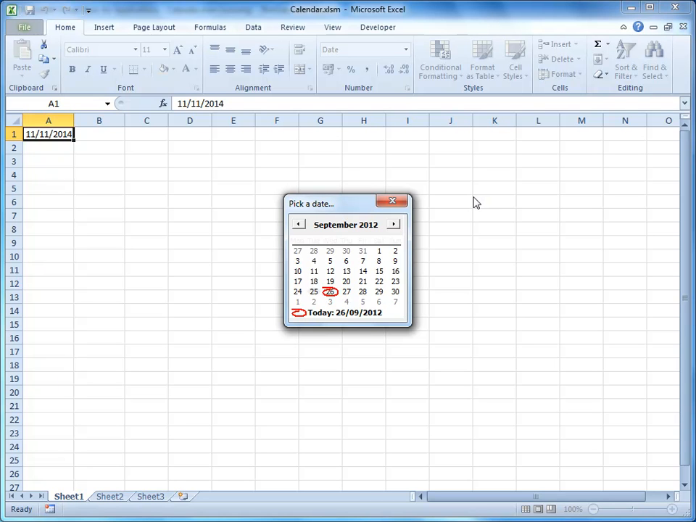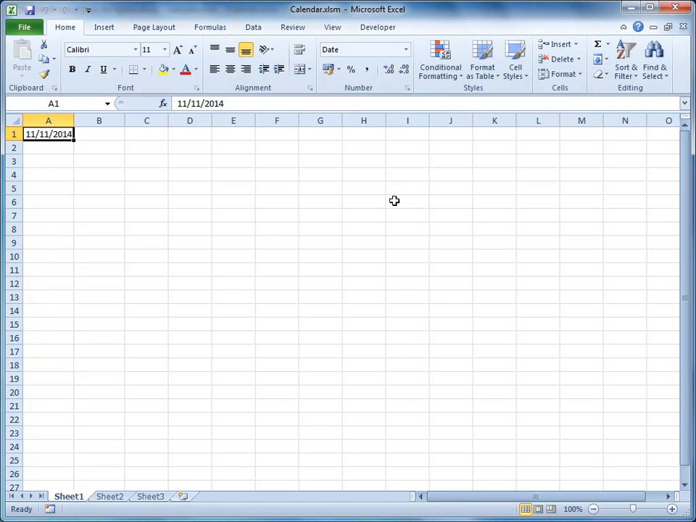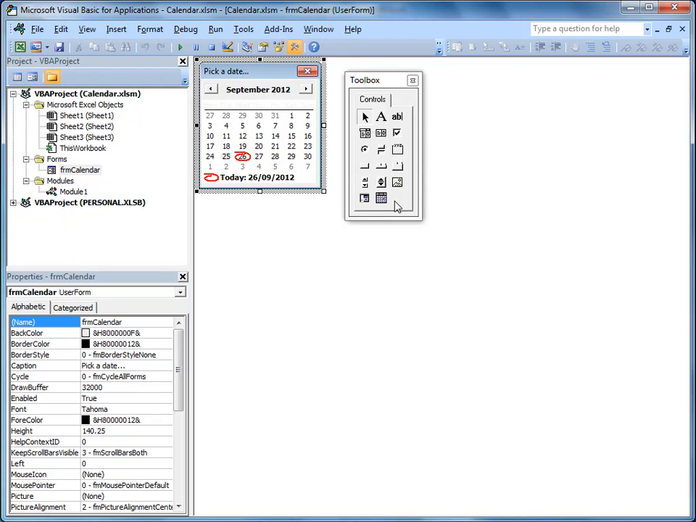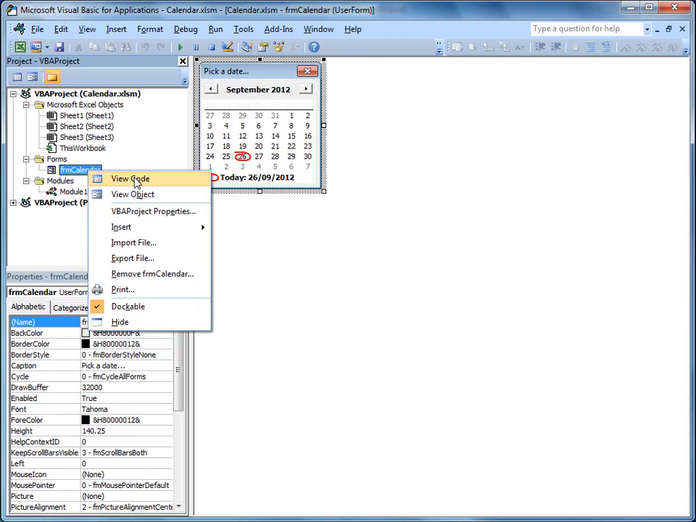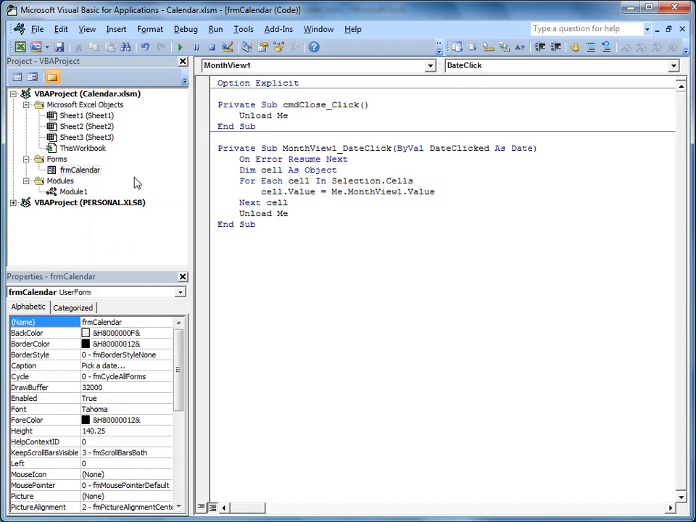So I need to write some code. So I'm going to close the calendar and go to the Visual Basic Editor. I need to get into the code module that's attached to the user form that the calendar is on. Quickest way to do that is to right click on the user form over here and choose View Code. So now I'm in the